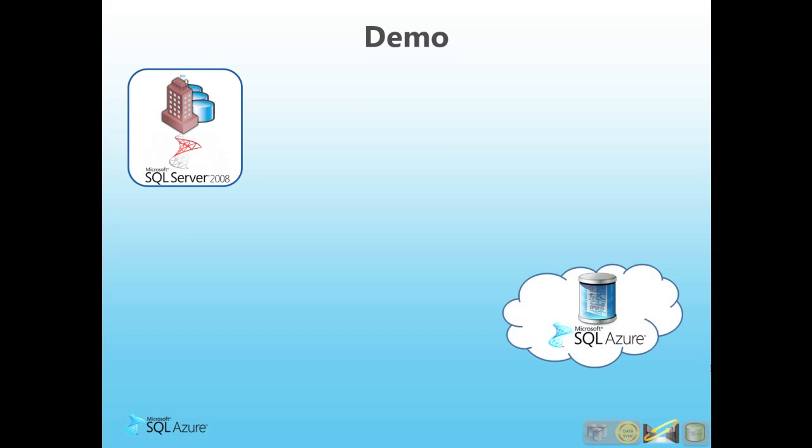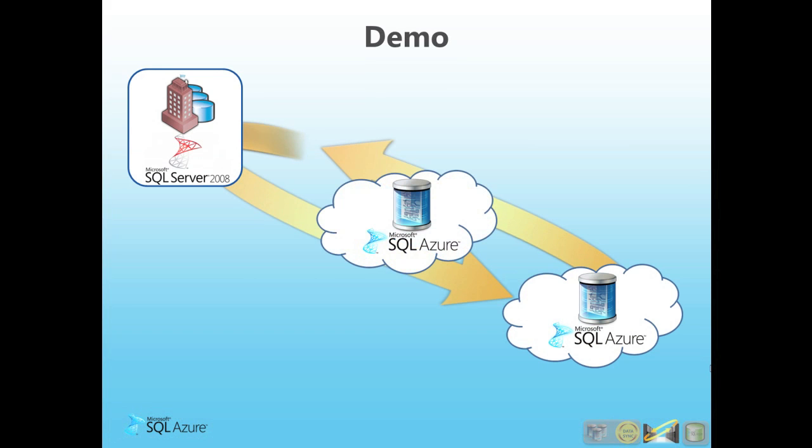Let's begin the walkthrough and try out some of the sync capabilities. We're going to synchronize an on-premises SQL Server database, a SQL Azure database, and also sync a second SQL Azure database which will be used as our hub. This scenario is most relevant to situations where the cloud is being used as an extension of the on-premises database